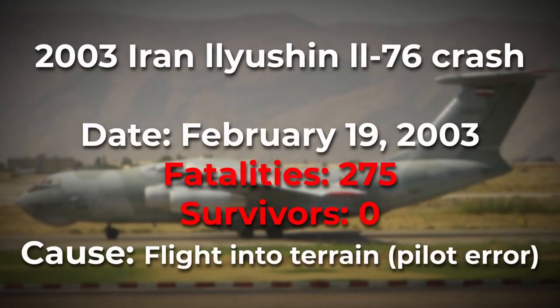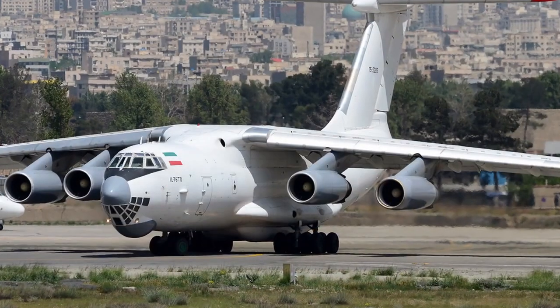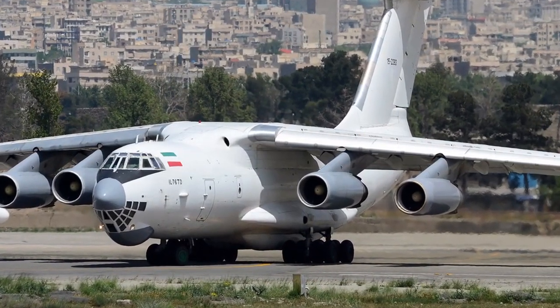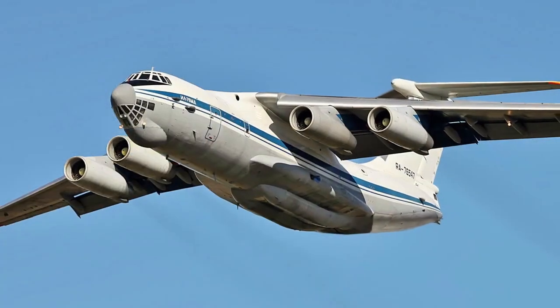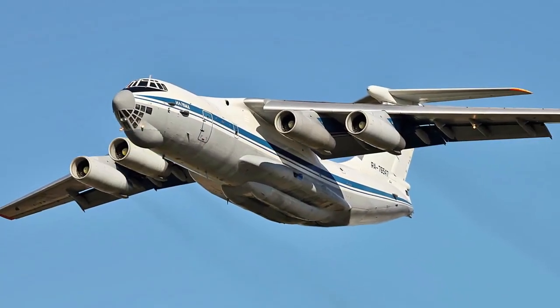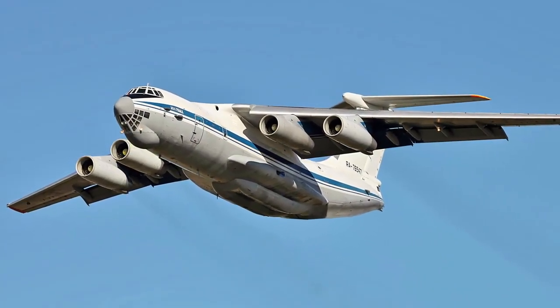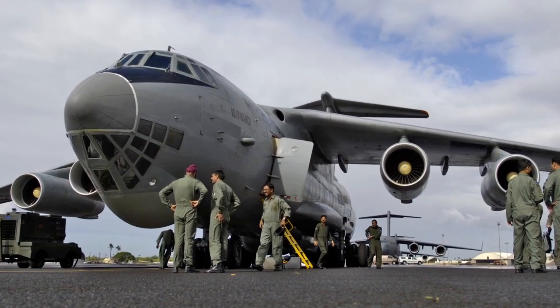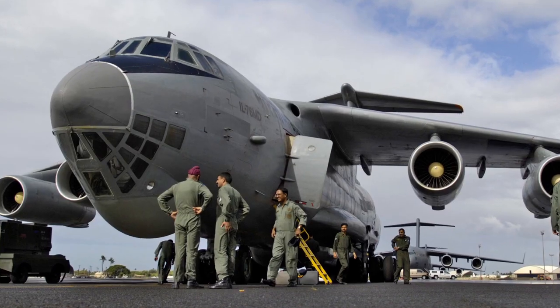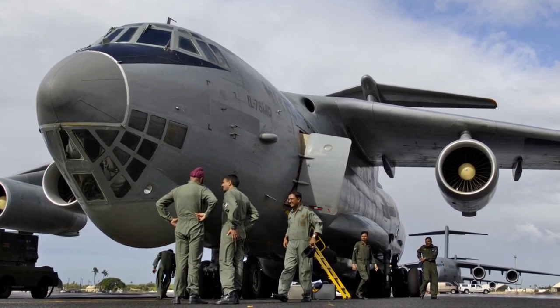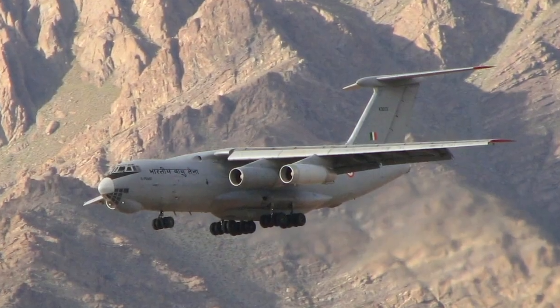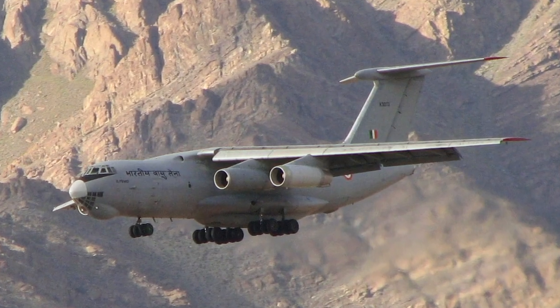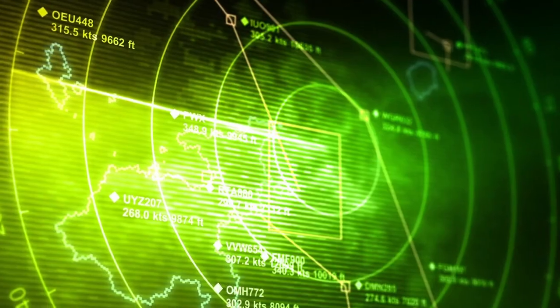On the 19th of February 2003, an Iranian military aircraft crashed into mountainous terrain near Kerman in Iran. The plane was flying from Seydan to Kerman when it crashed 35 kilometers southwest of Kerman. The aircraft was carrying members of the Islamic Revolutionary Guards, a special force that is independent from the Iranian army, on an unknown mission. Strong winds were reported in the region of the crash when the aircraft disappeared from radar screens.